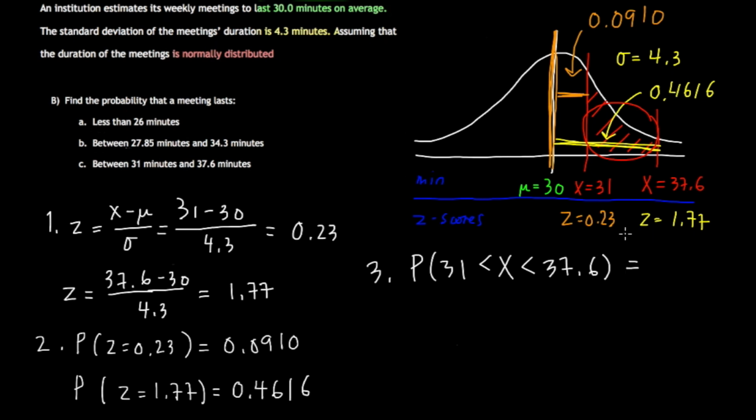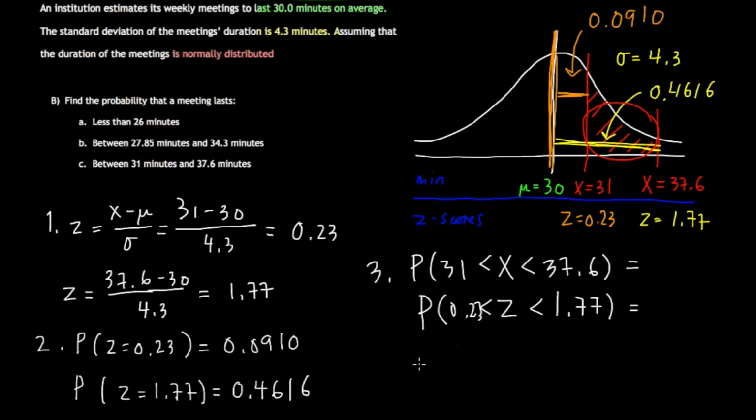Let's write it as the z-score layer, which is the same thing as the probability of having a z-score that is greater than 0.23 and smaller than 1.77,